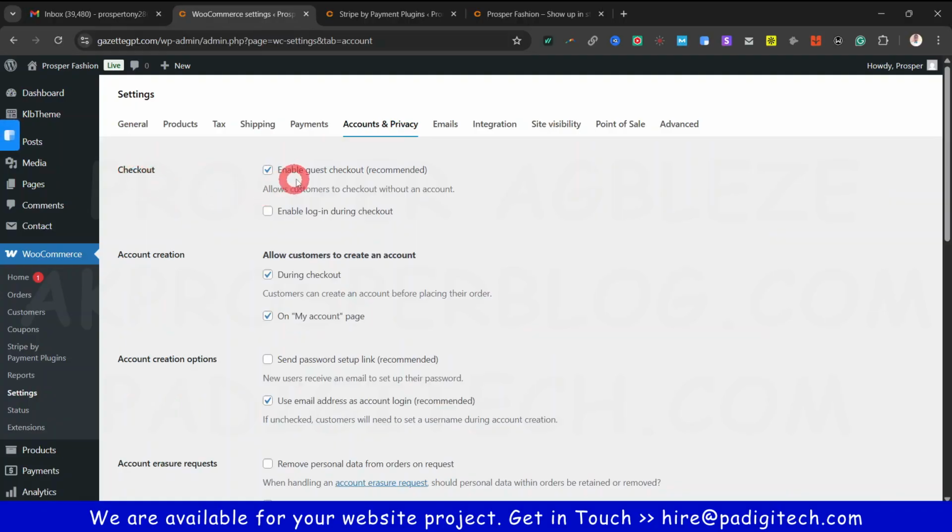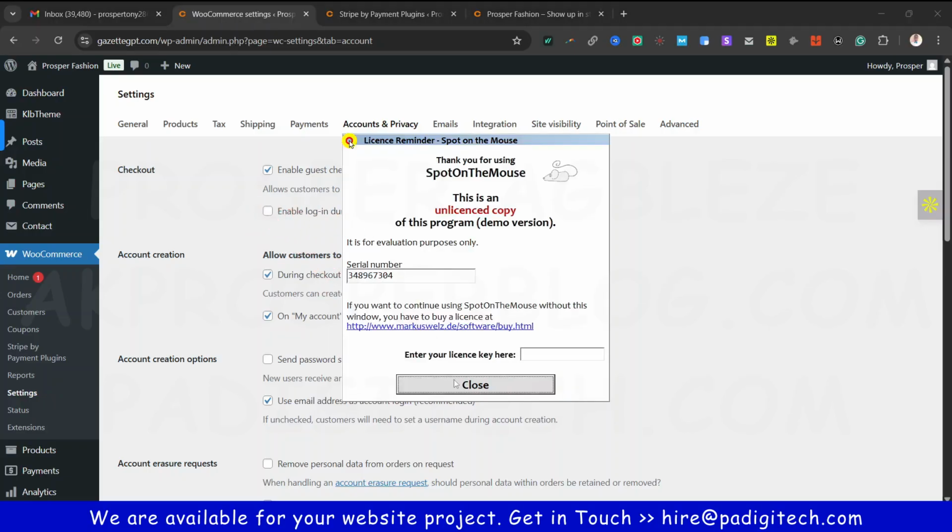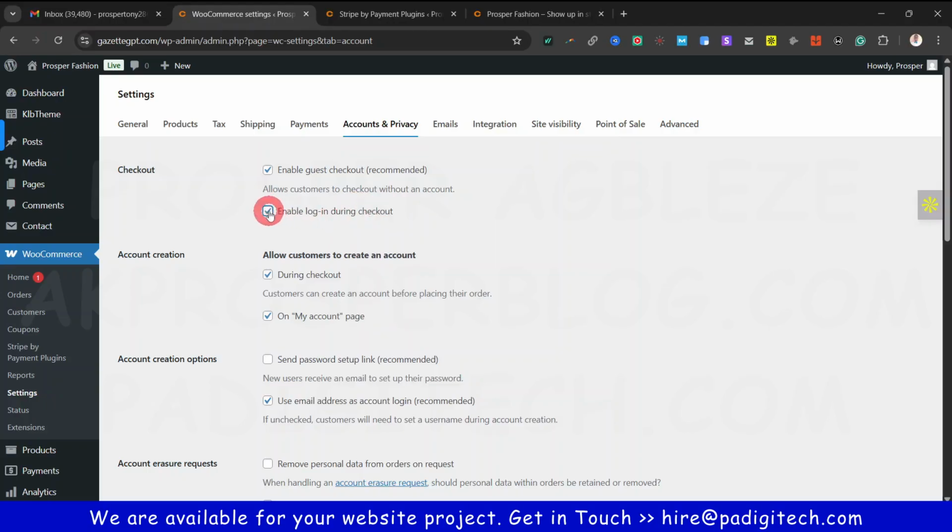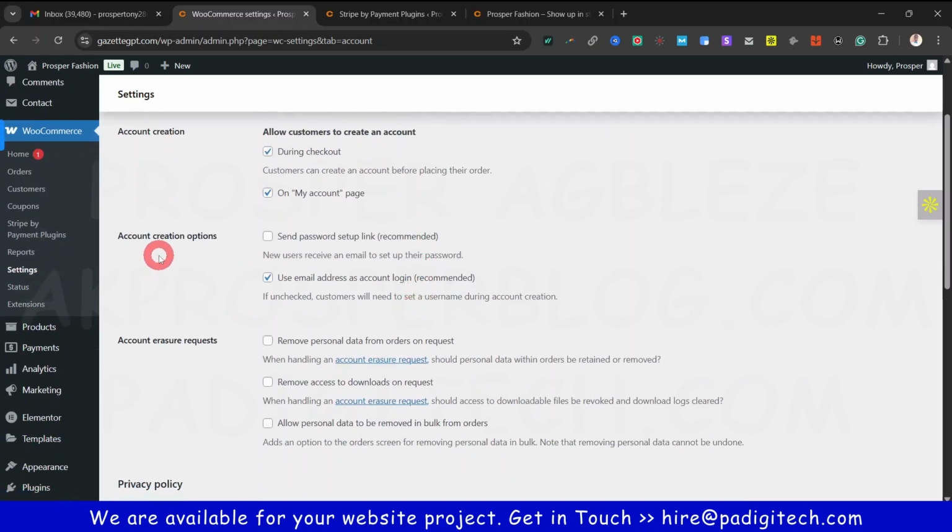Okay, so checkout, enable guest checkout. Okay, so that means people can check out as a guest if you want that. So if you want to also enable login during the checkout, I want to enable this. Account creation, so allow customers to create an account here during checkout and then on the account page. So leave this like this. Account creation option, so send password setup link, use email address as recommended, as account login. Okay,